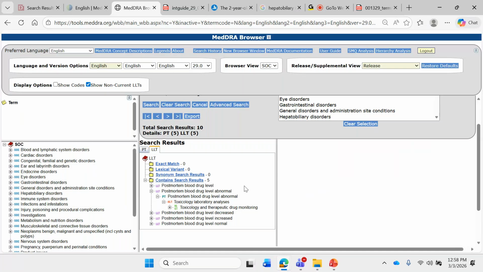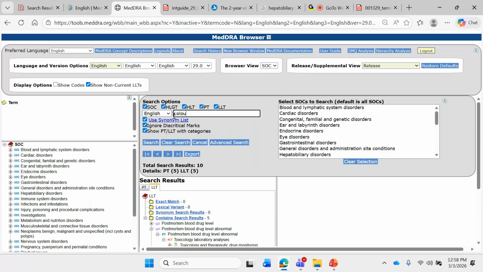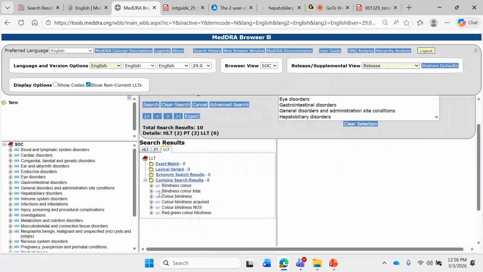Our next question asks, what's the difference between blindness color and color blindness? And in general, the difference between LLTs that differ only in the order of the words? Color blindness. That again goes to the same PT. It's splitting hairs. Technically, you would be absolutely correct with saying color blindness or blindness color. It's one and the same thing. And as far as the spelling, as you know, at